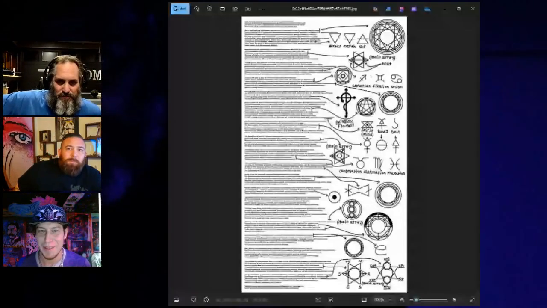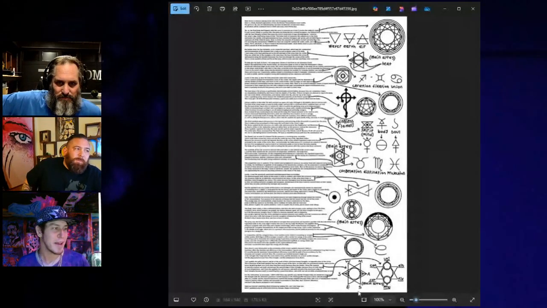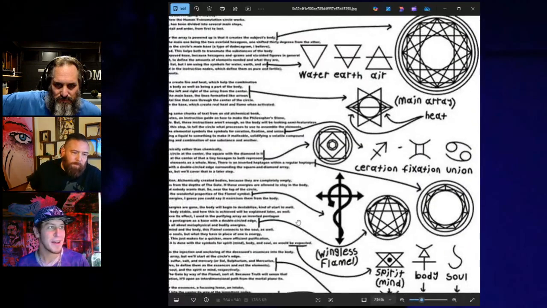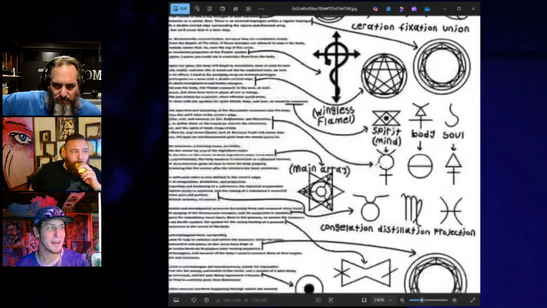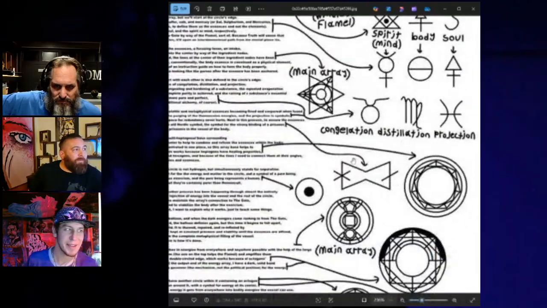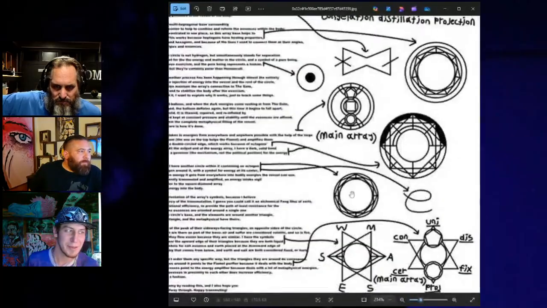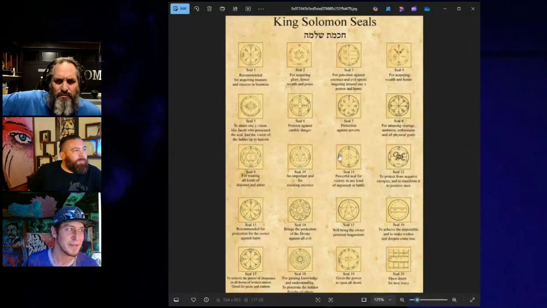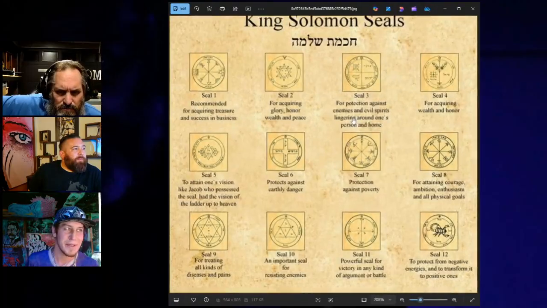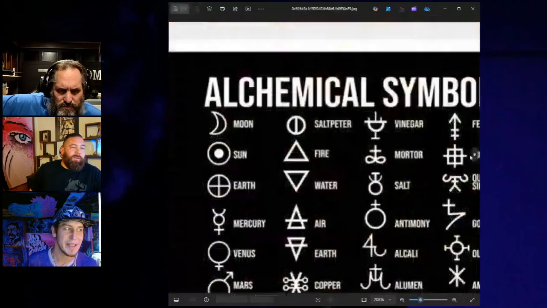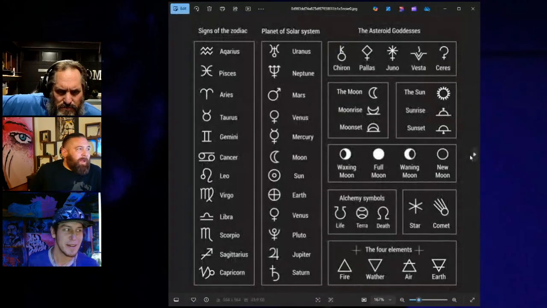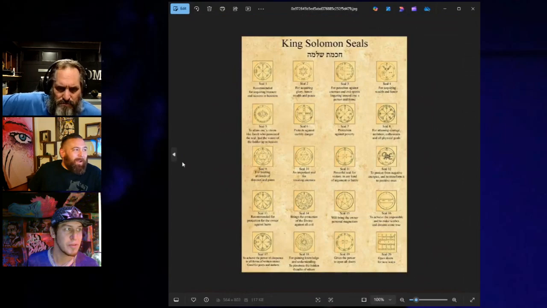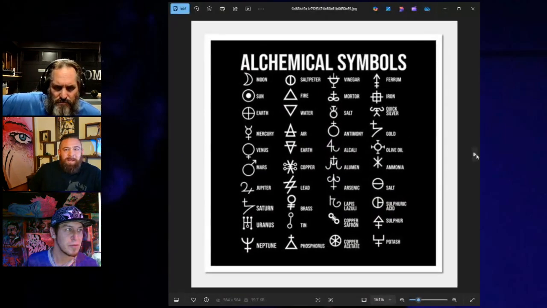And here we go, just a little bit of the alchemy. The different actions of how the arrays work and all this stuff, and it's for like spells, and yet it's also what the quantum intelligence gives alongside all of the resonant frequencies. And here again, just to show a little bit, King Solomon's seals. The wingless flame right there, right? Looks like a Rochi, right?